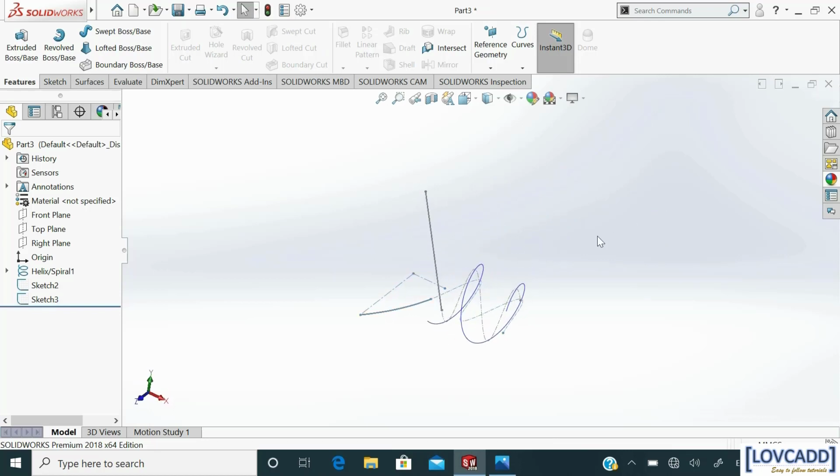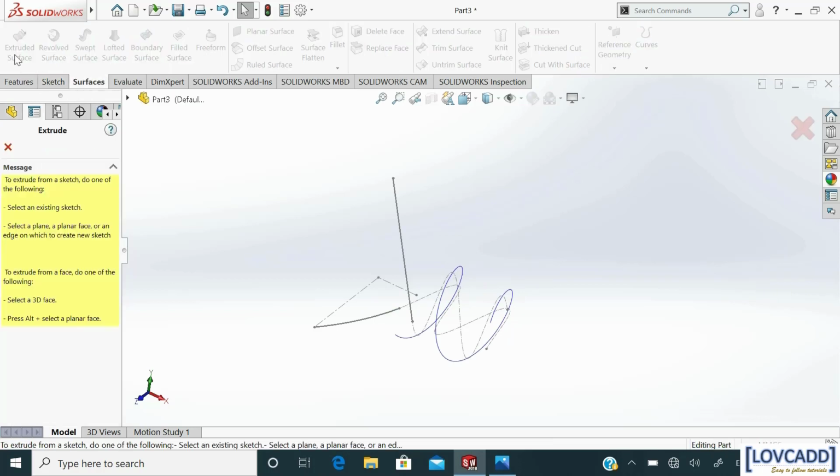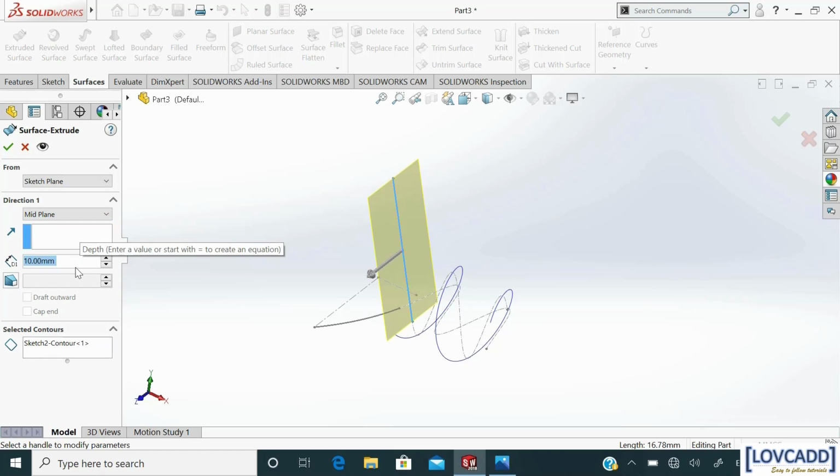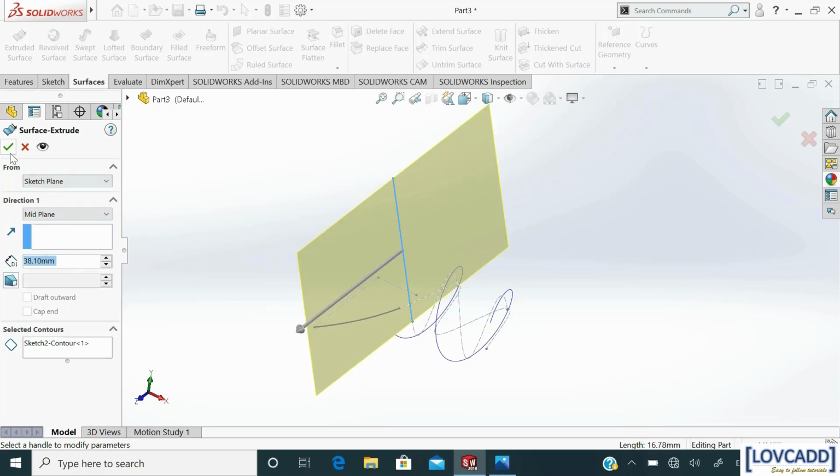For this, go to surface command, select extrude surface, select the first line, select mid plane, add dimension 38.10. Okay.